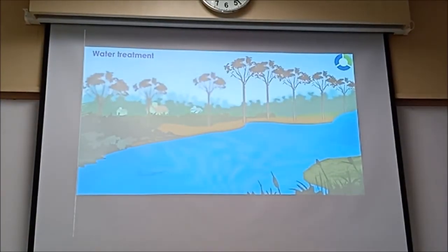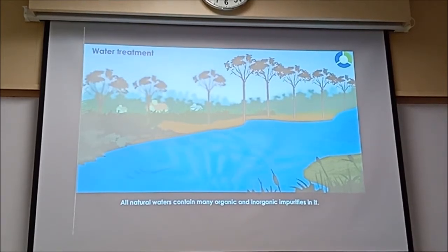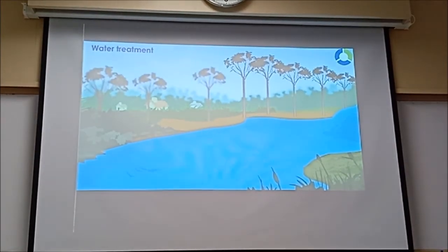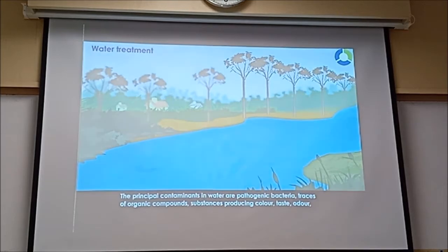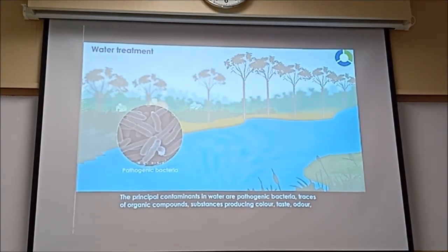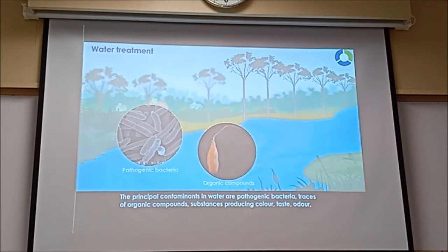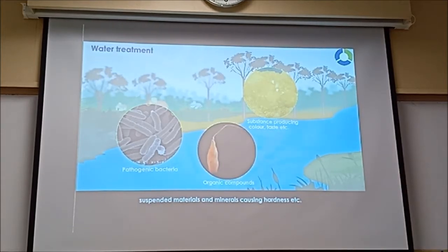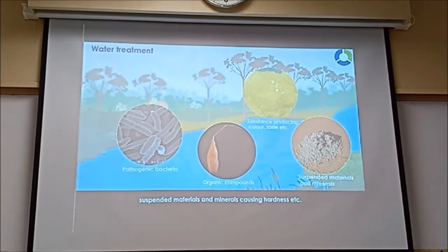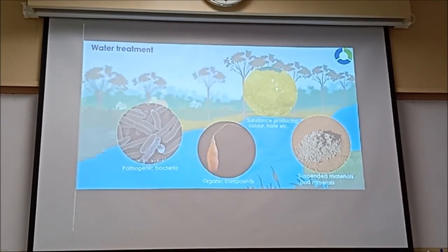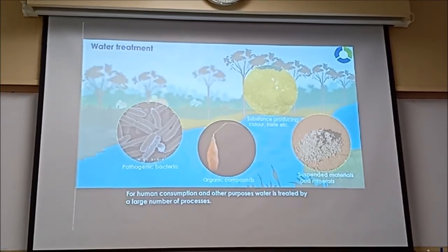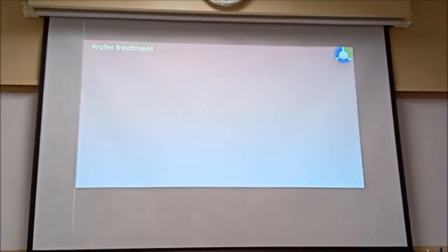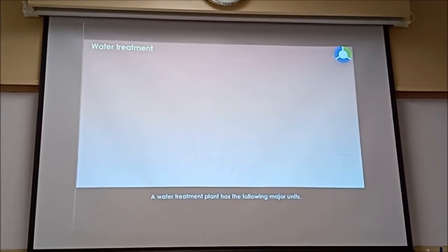Water treatment. All natural waters contain many organic and inorganic impurities. The principal contaminants in water are pathogenic bacteria, traces of organic compounds, substances producing color, taste, and odor, suspended materials, and minerals causing hardness, etc. For human consumption and other purposes, water is treated by a large number of processes. A water treatment plant has the following major units: